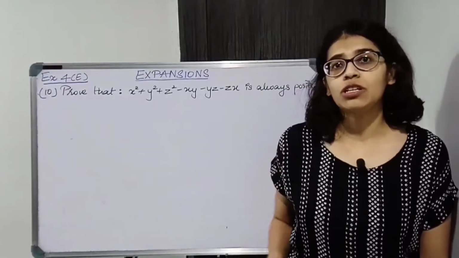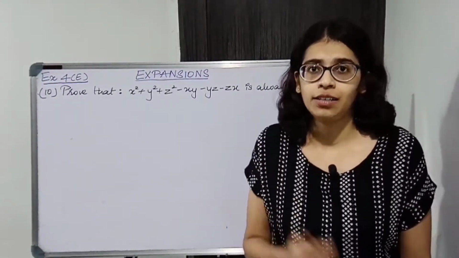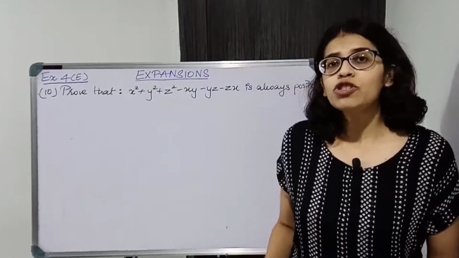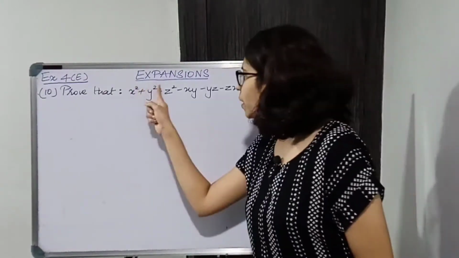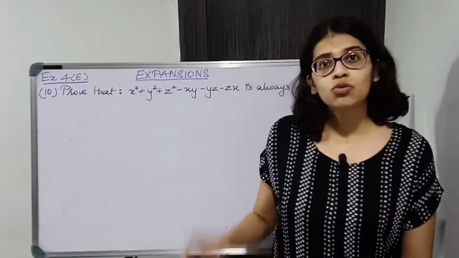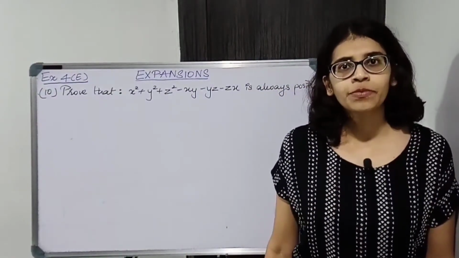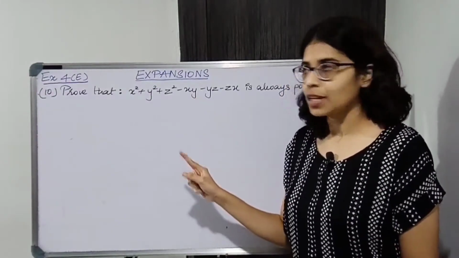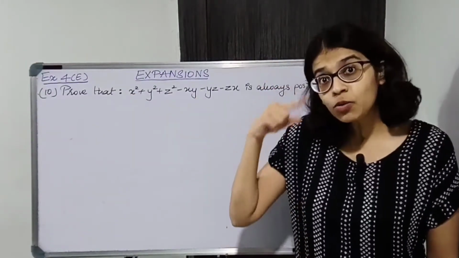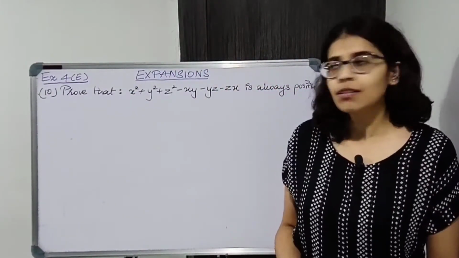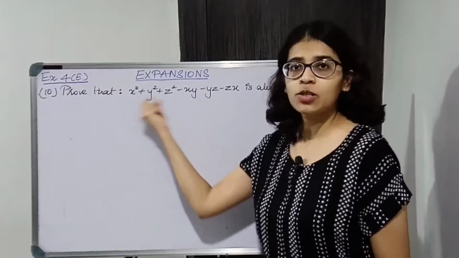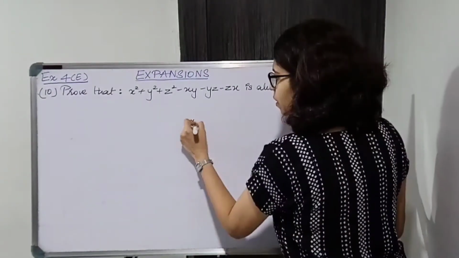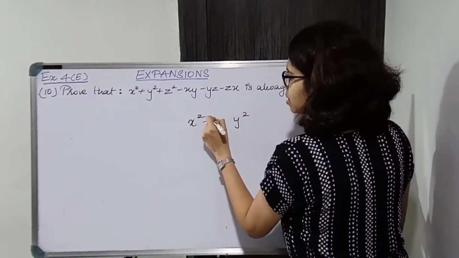Now how will you change? We will use the identity. Now which identity? Square दिख रहा है यहाँ पे, so square वाला identity. Which square वाला identity? There is xy, x square y square. So can you recall any identity? Minus xy, x square y square. x square है, y square है, minus xy है.